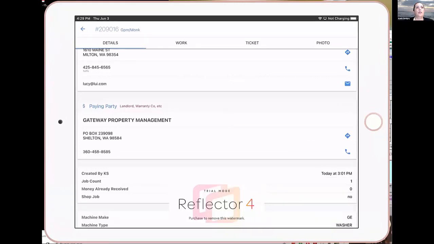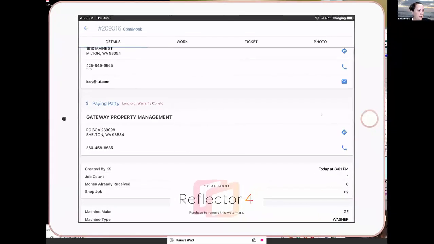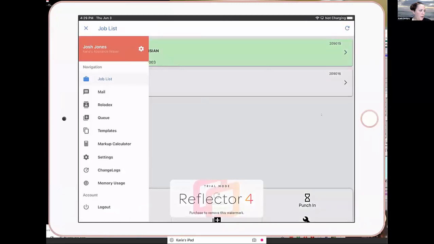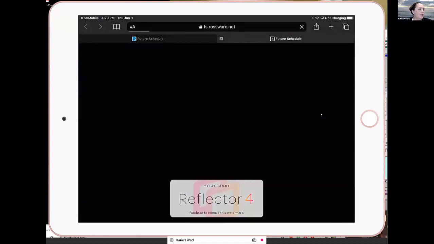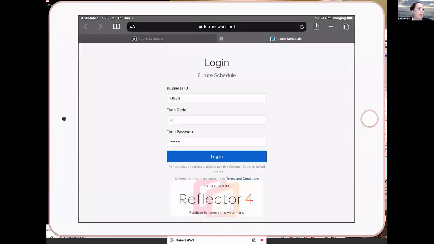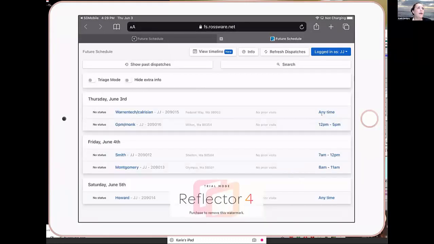So I'm going to go ahead and switch back to, actually, maybe we can do that through here. Okay, so there's a couple different ways that the technician can help to manage the stuff that's going on in his schedule. And he can do this on his tablet, or he can do it just straight on the internet. And what that is the future scheduler. So the future scheduler allows him to see the work that he has coming up for the next few days, which is where, if you're going to help yourselves to be a little bit more efficient, is where he can